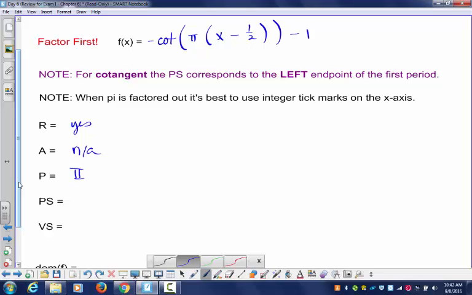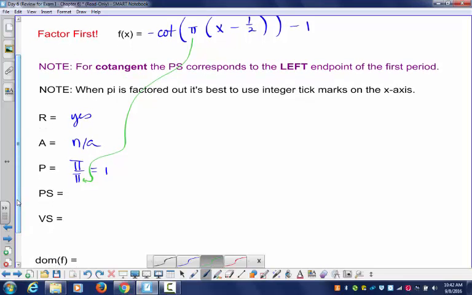Period: 1. So the period of basic cotan is pi, but then we have to divide by the leading coefficient of the angle. So we have to divide pi by pi to get 1. Phase shift will be positive 1/2, opposite of what we see, and the vertical shift, -1, exactly what we see. All right. So cotan